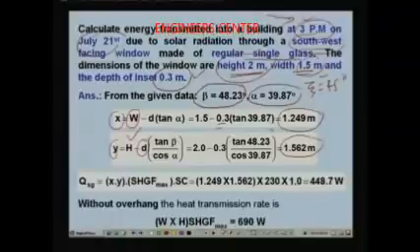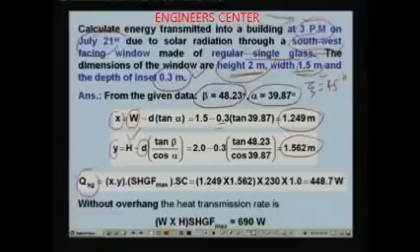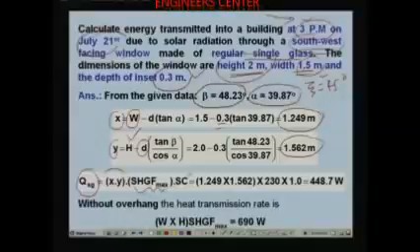Now you can calculate the transmitted energy because of solar radiation. That is given by SHGF max multiplied by the shading coefficient multiplied by the exposed